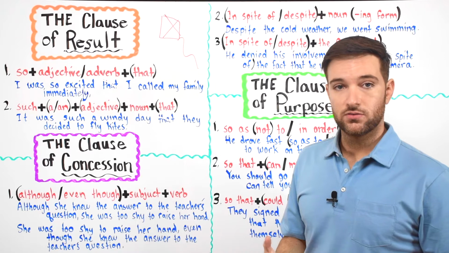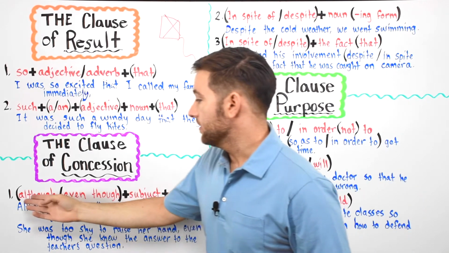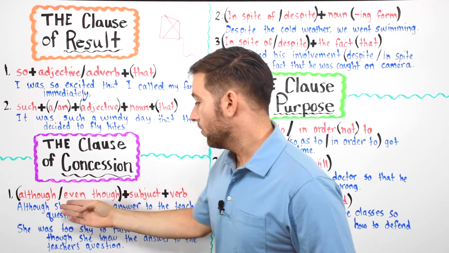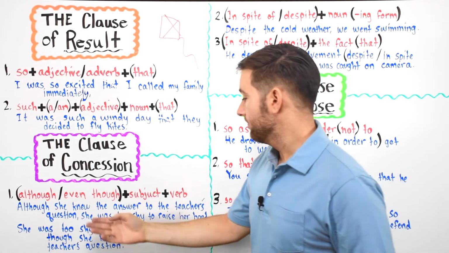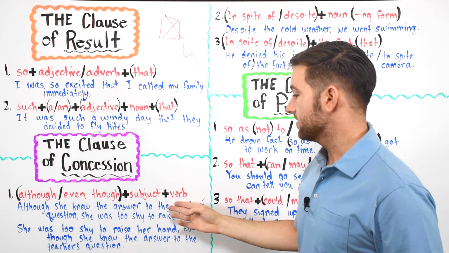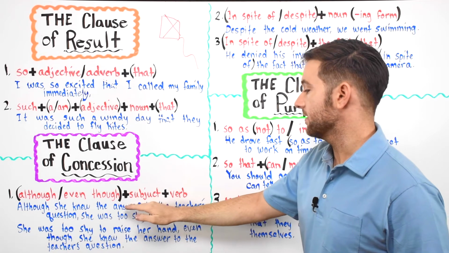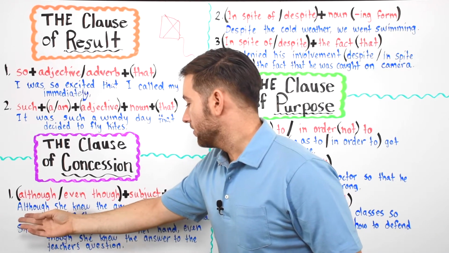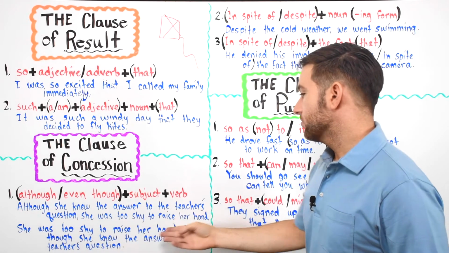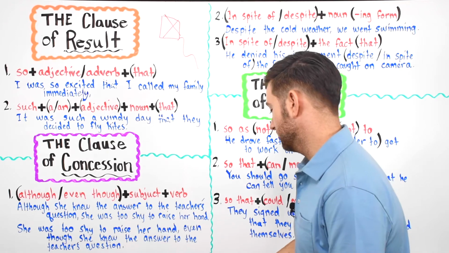So first, we're going to have to use the formula here in red, and we use although or even though. You decide, okay, you choose which one you want, plus the subject plus a verb. Okay, so although or even though plus subject plus verb. For example, although she knew the answer to the teacher's question, she was too shy to raise her hand,